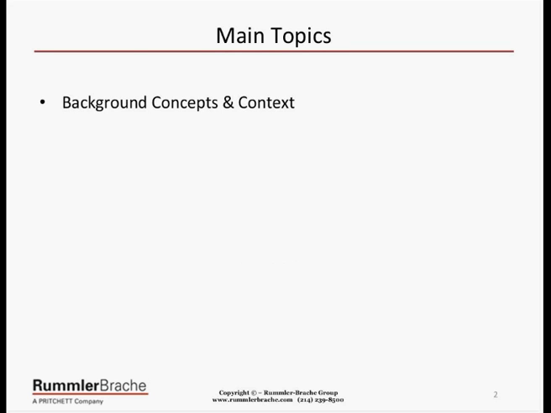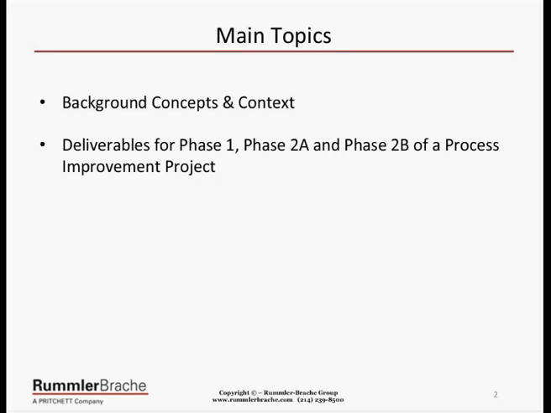first we want to take a review of some key background concepts for process improvement and the Rummler-Brache methodology, and set a context for what we view a process improvement project as, or PIP. Then we want to go over the key deliverables for Phase 1, 2A, and 2B of a process improvement